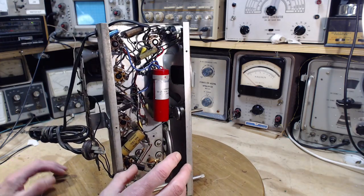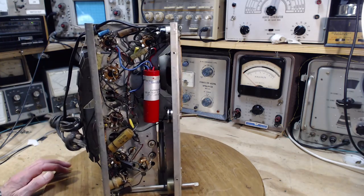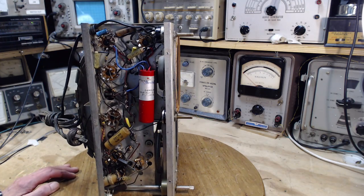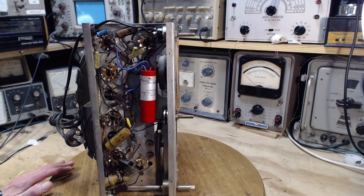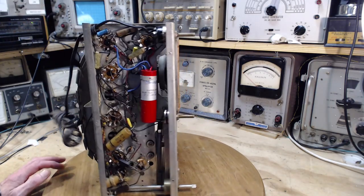So that's sending a message about the frame of the capacitor is not at chassis potential. And I have experienced quite a big shock years ago from this kind of situation, so I tend to look for it. So I find it with my eyes and not with my fingers. I don't know necessarily that that's a shock hazard, but